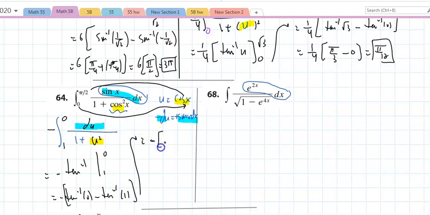That is negative a 0 minus pi over 4. The answer would be pi over 4. And there it is. And if I go for number 68,